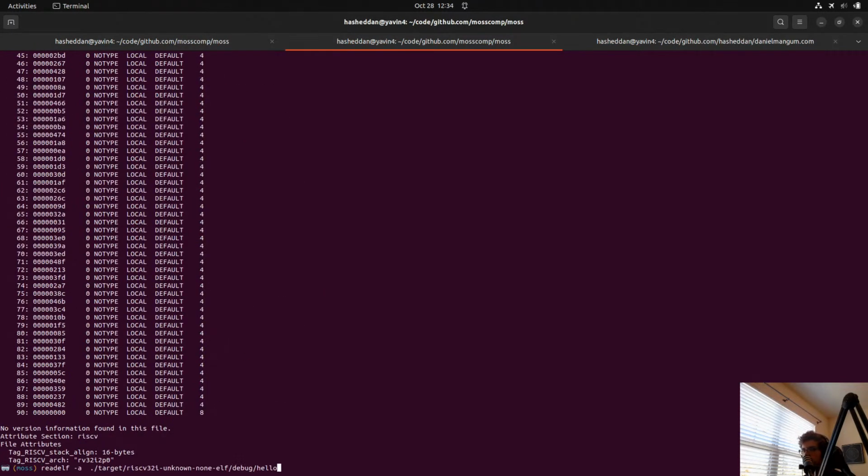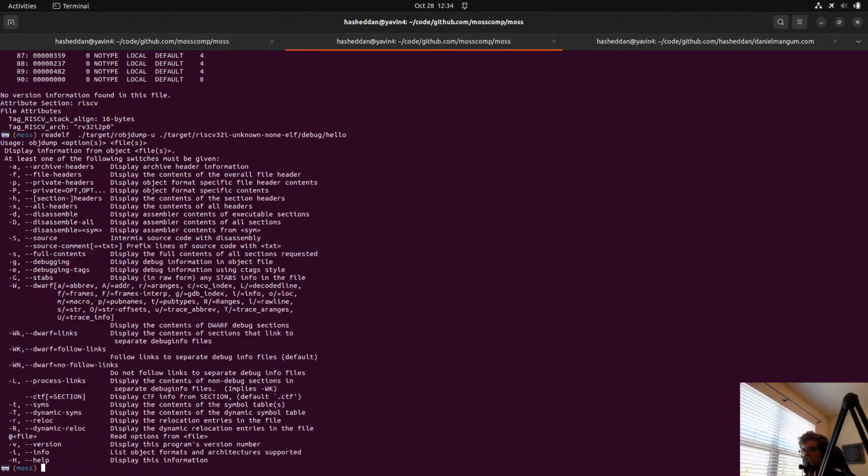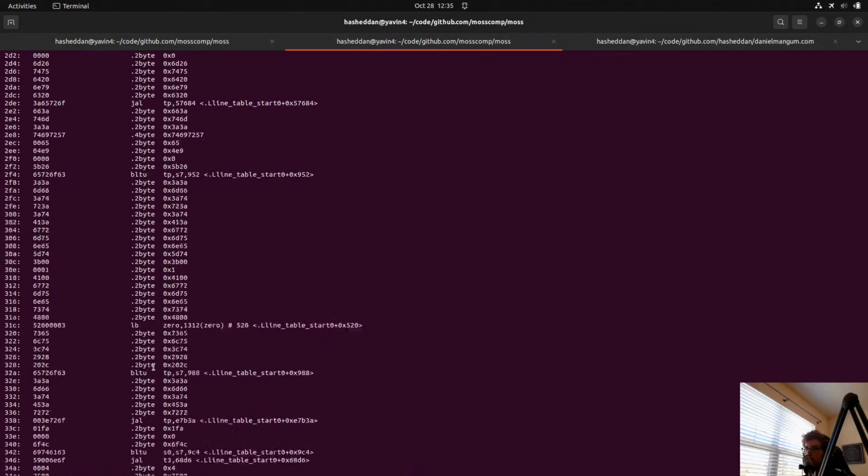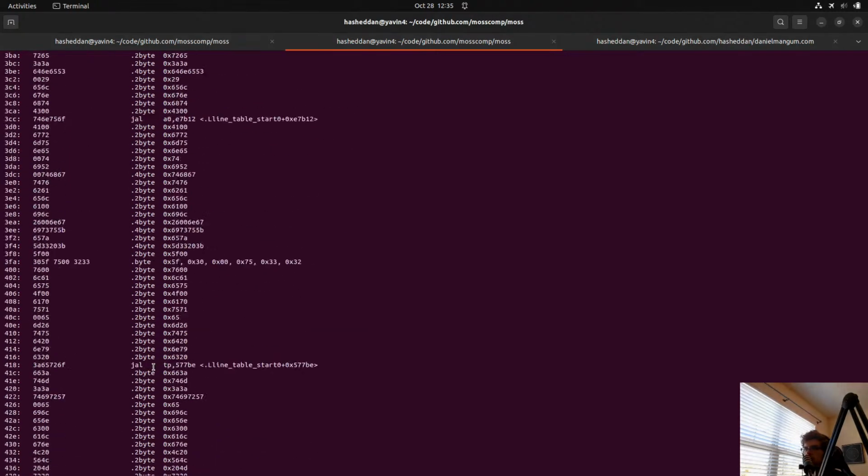But let's see if objdump will. Disassemble all. Yeah, can't disassemble. So let's grab objdump from here. And that is able to disassemble, which is helpful.